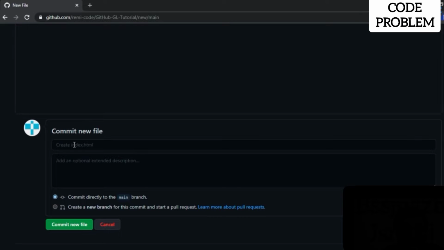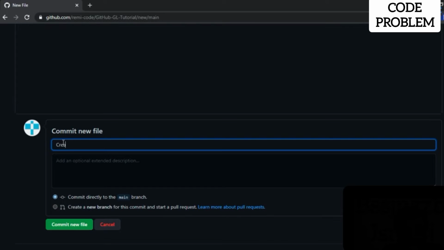I'm going to go ahead and write over here created index.html, and we can go ahead and add some extended description if you want. I'm going to leave it be, and you guys will see commit directly to main branch and create a new branch on this commit. I'll explain to you what a new branch is, but for now, we're going to go ahead and stick to commit to main branch. I'm going to click on commit new file,